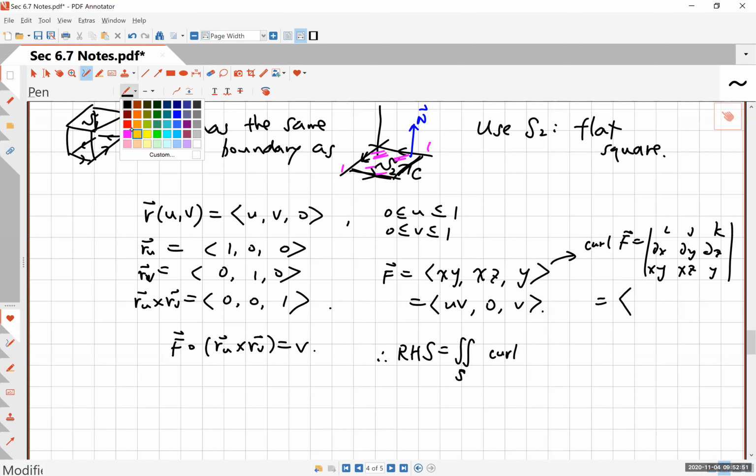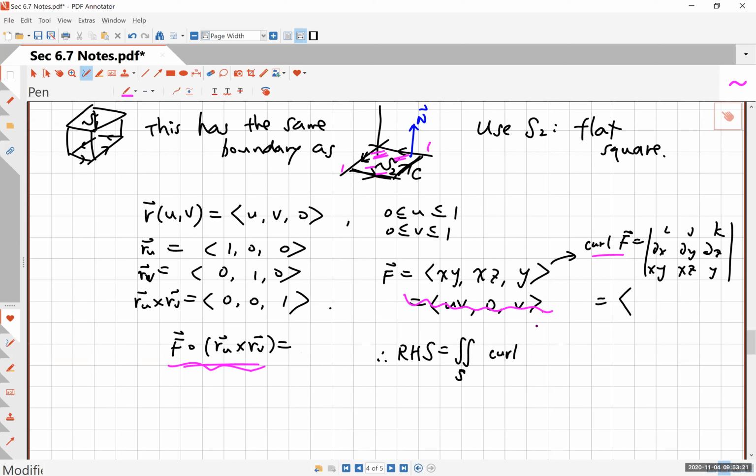All right, so this could be a mistake that you may make at the beginning, right? So remember, you don't integrate F. This is what you would evaluate if you are trying to find the flux of F, but we're not looking at the flux of F. On the right-hand side, it's not the flux of F, but it's the flux of the curl of F. So you have to find the curl of F first, using xyz preferably, because u and v could be making